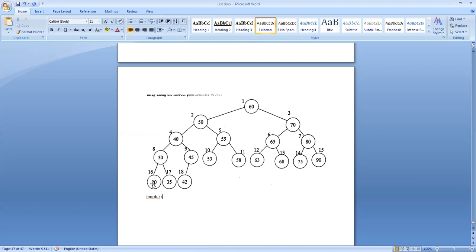So 20, 30, 35. Now the parent of 30, 40, and 45. 40. 45 we cannot write because it's a parent.